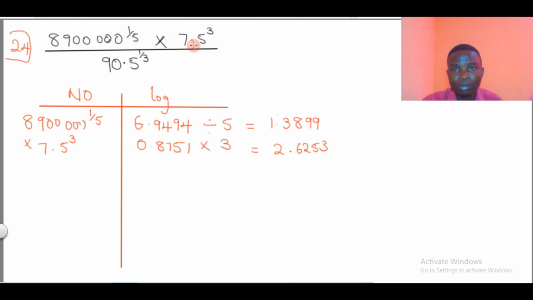Since the question says to evaluate 8,900,000 raised to the power of 1 over 5 times 7.5 raised to the power of 3, this times in logarithm will change to plus. So 1.3899 is the logarithm of the first number, and 2.6253 is the logarithm of 7.5 raised to the power of 3. Since we are multiplying these two numbers, what I'm going to do here is to add the log values. So if I add these values now,